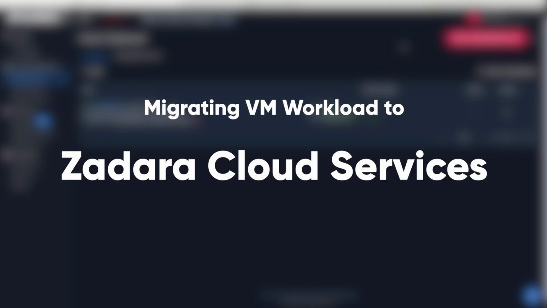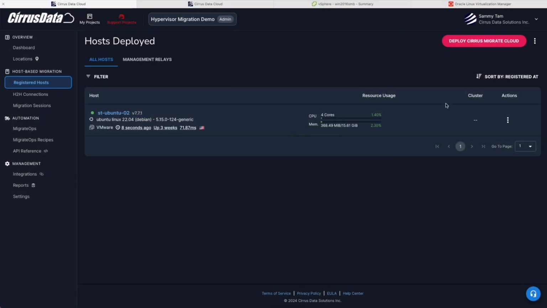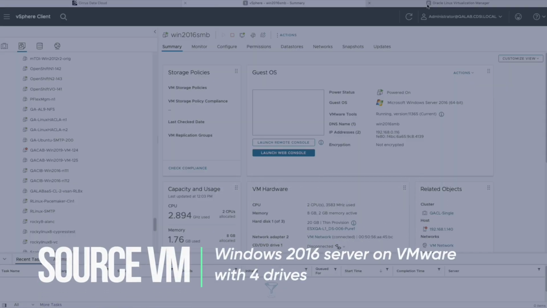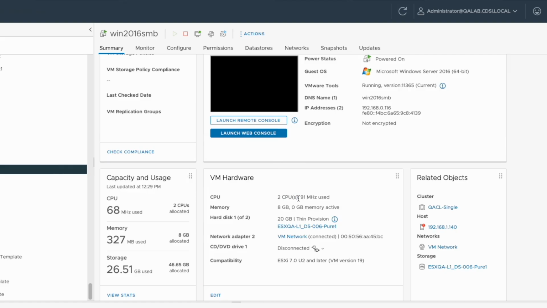Welcome back to the See It in Action demo series. Today, we are going to show you how to migrate your VMware virtual machines to the Zadara cloud environment with Cirrus Migrate Cloud. For this demo, I have a Windows 2016 SMB machine running on a VMware server as our